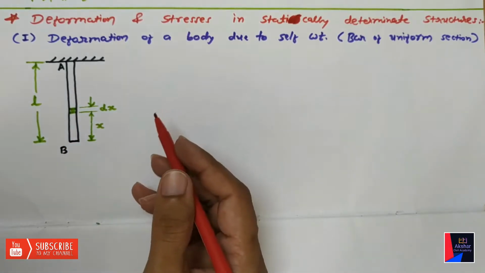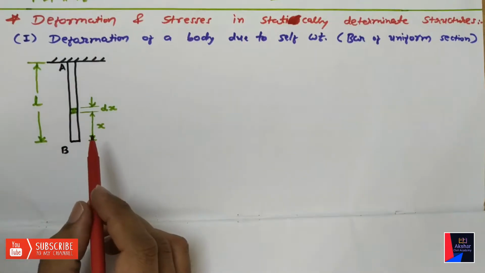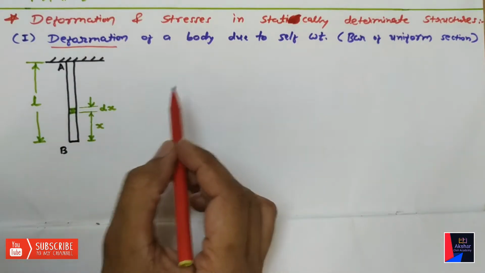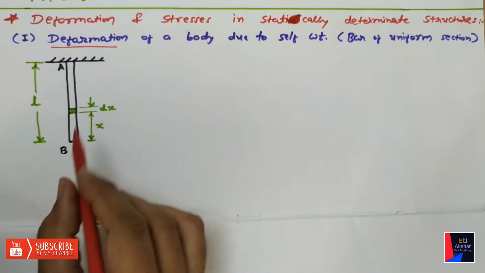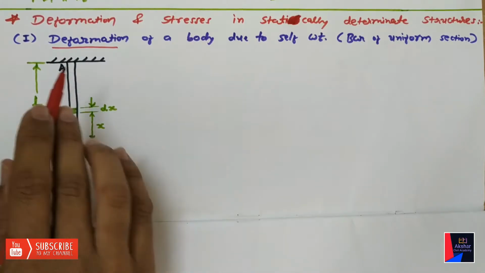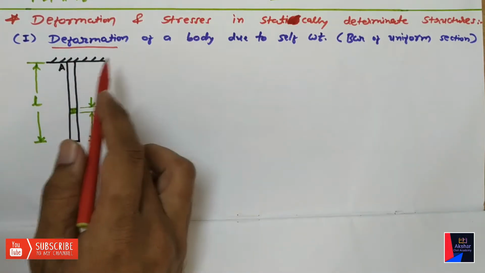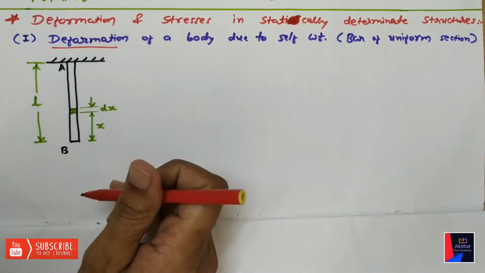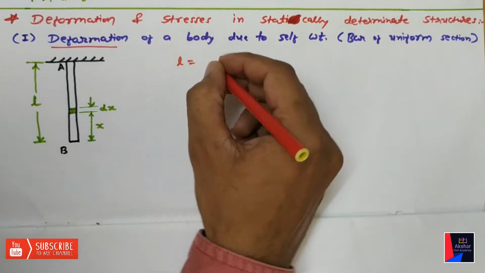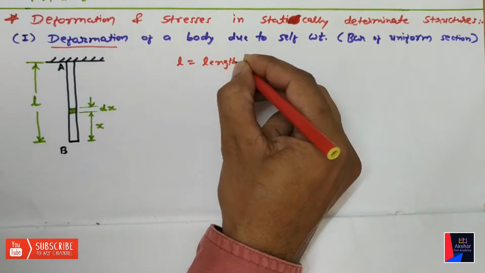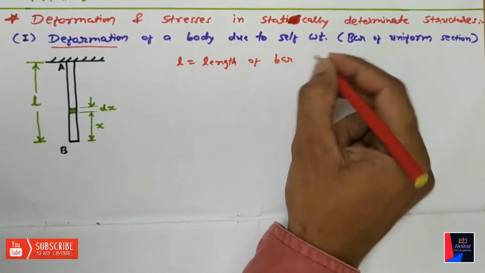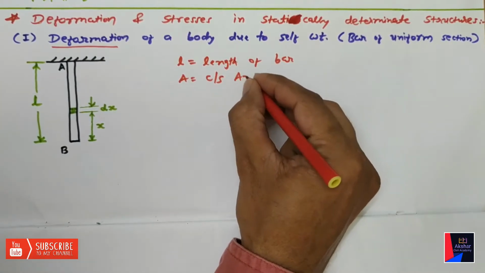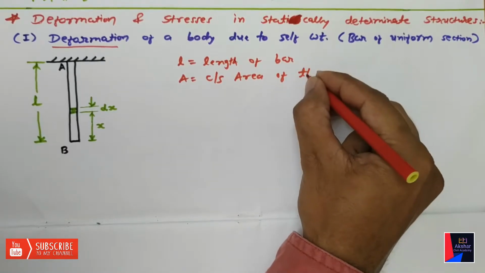Consider a bar AB as shown in the figure, and we have to find the deformation of this bar due to its self weight. So we have considered this bar as hanging from the ceiling, hanging freely under the ceiling and under its own weight. Here L is the length of the bar, A is the cross-sectional area of the bar,